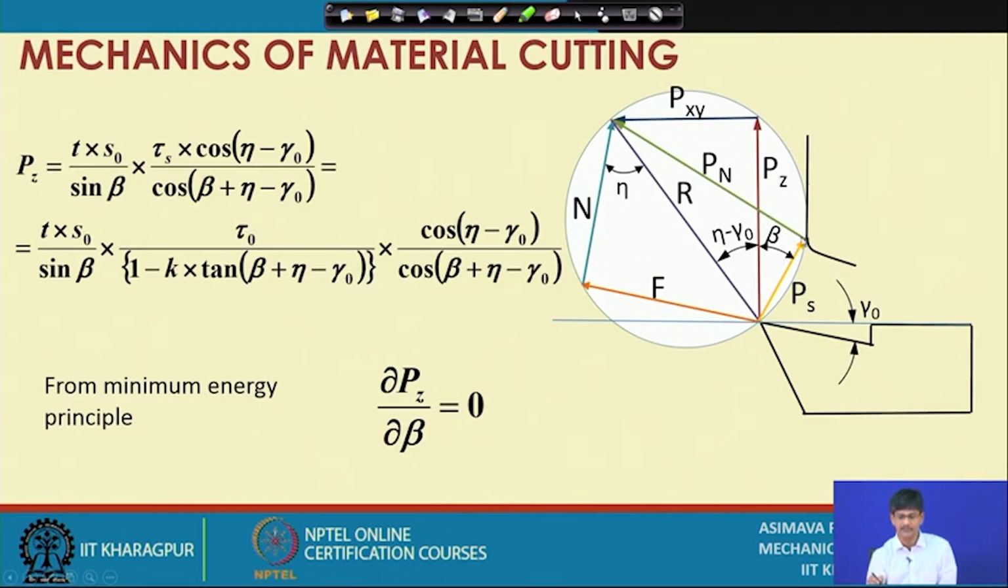It will go for that plane in which minimum energy is there, that will happen first. So, from the minimum energy principle, the least amount of P z will define this particular plane. The least value of P z occurs when this minimum energy is expended, because energy is equal to P z into V c. So, if we differentiate P z with respect to beta, we will be able to solve for that beta for which P z is minimum. So, following that principle,